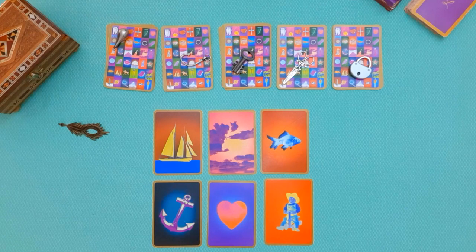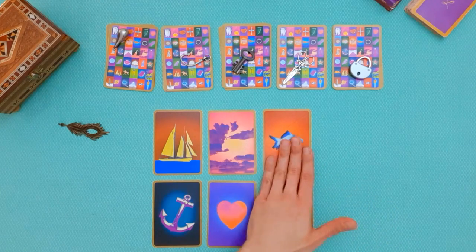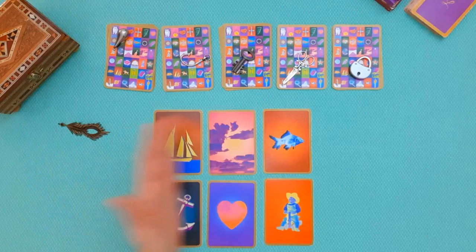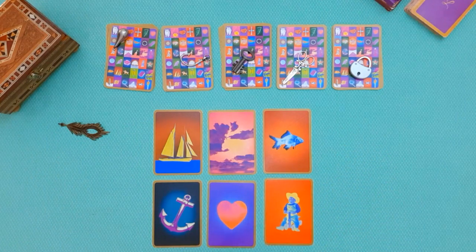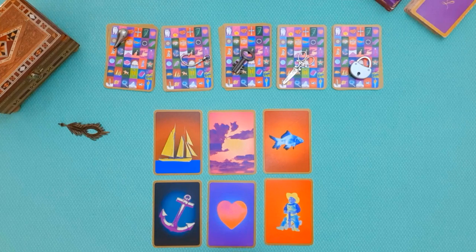and that could be stressing you out. But when I see the fish on the last position here towards the left, and it tends to be associated with the future-most and outcome aspects of the reading, I feel that maybe it's okay to do that. It's okay to spend a little bit on these trips, journeys. Maybe you're exploring some options in order to find out whatever it is you're after. So that's one suggestion. Another suggestion is that this line is not really referring to travel, but instead